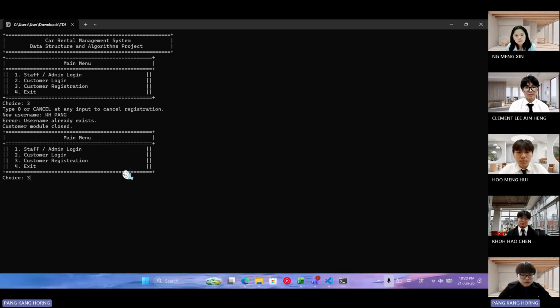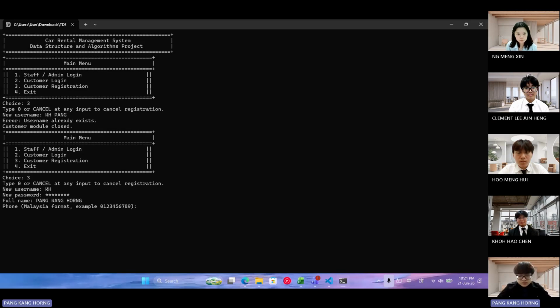So never mind, we try again. Now we use KH. For the password, you can see it will show stars. And here it will ask you to type a full name.